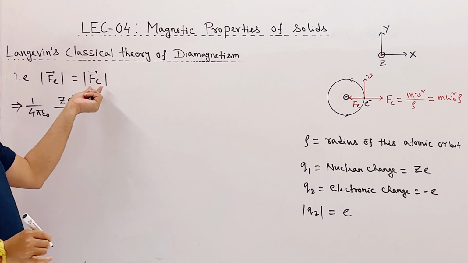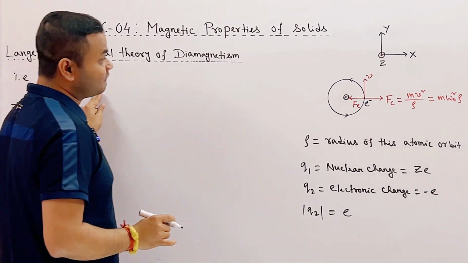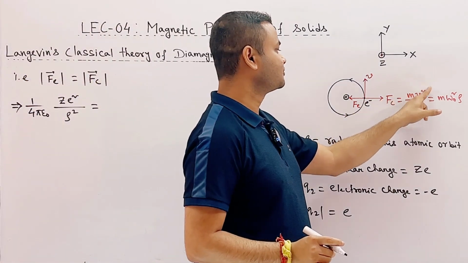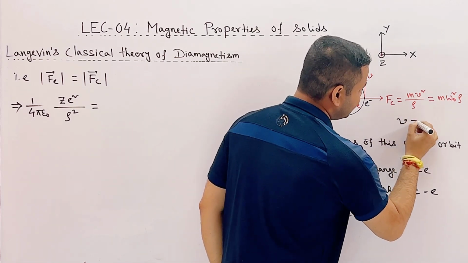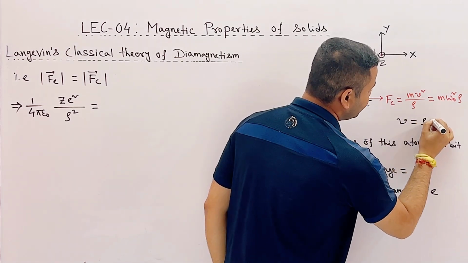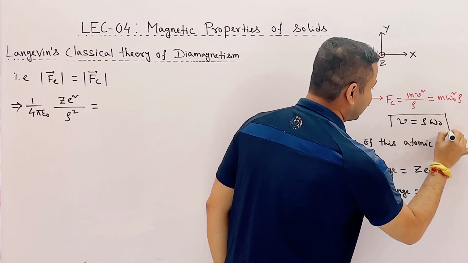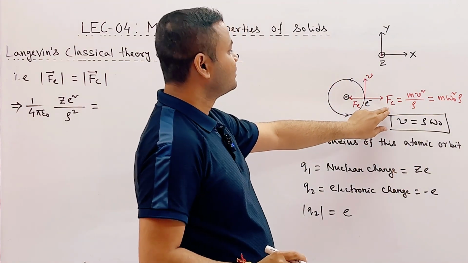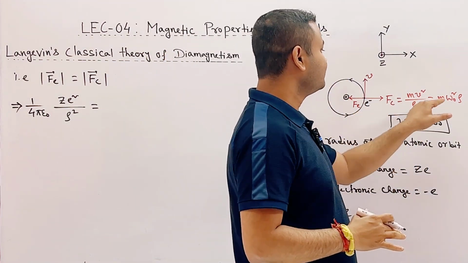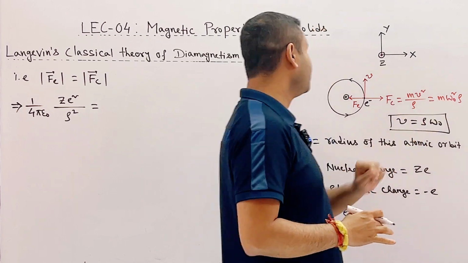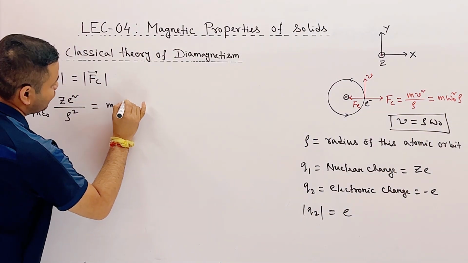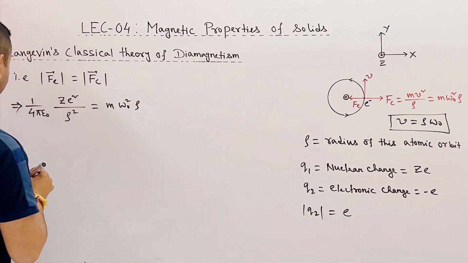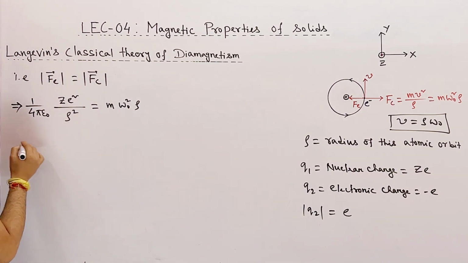Next, the magnitude of centrifugal force is given by m v square divided by rho. We know that v is equal to rho into omega naught. So ultimately the magnitude of centrifugal force will be m omega naught square into rho. After simplifying, we will get